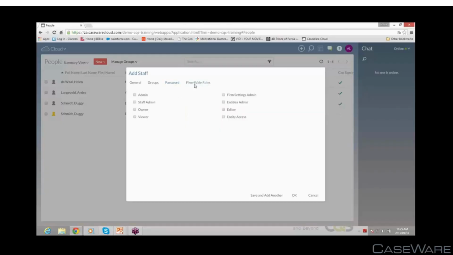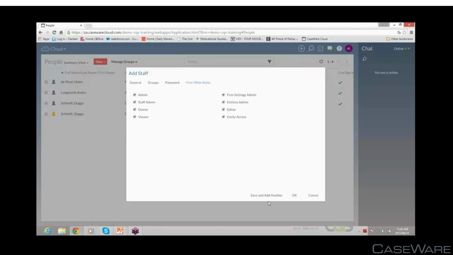And then obviously the firm-wide roles here: what do you want this end user to be able to do? Do you want them to be an owner? Do you want them to be a viewer, an editor, entity access, all of that stuff? And each one of these, remember, is explained in your firm settings, what each one of these can do. Okay, so for today, if you give someone admin, they will usually be able to do all of that stuff. Just quickly thinking, entity admin, so maybe like a secretary, you want her to be able to add all the entities in there, the contacts, all of those details,